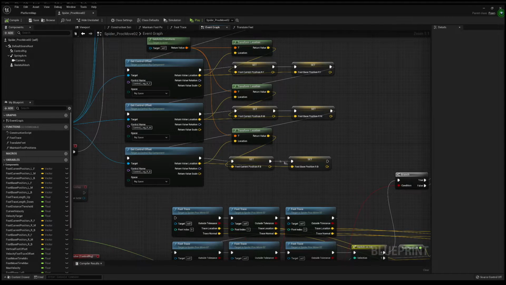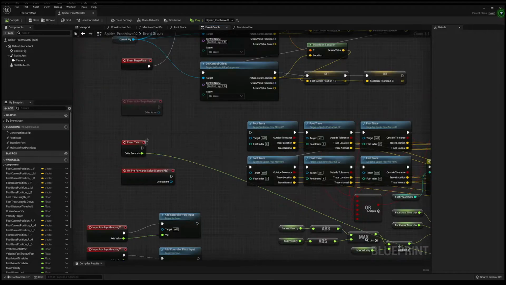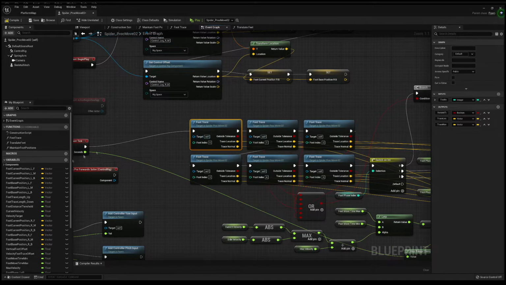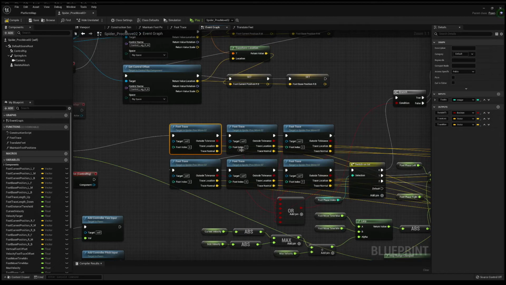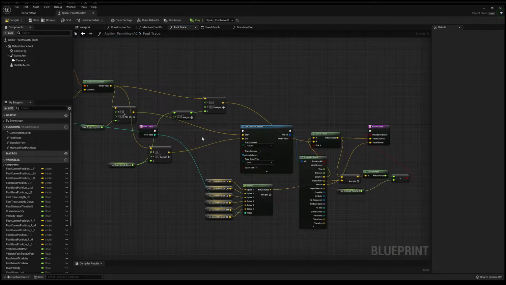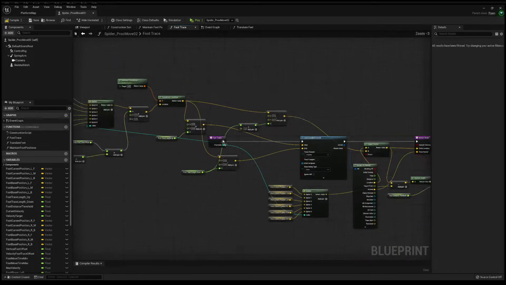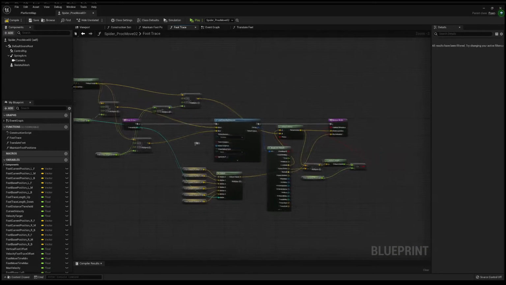And the actual tracing happens here in this function per foot. This is ordered in a way where it goes left front, left middle, left back, and then the right side. That's per foot index. And per foot index, it chooses the base locations to choose from in each of the functions.